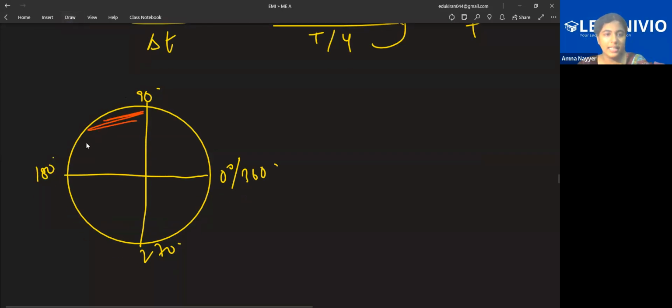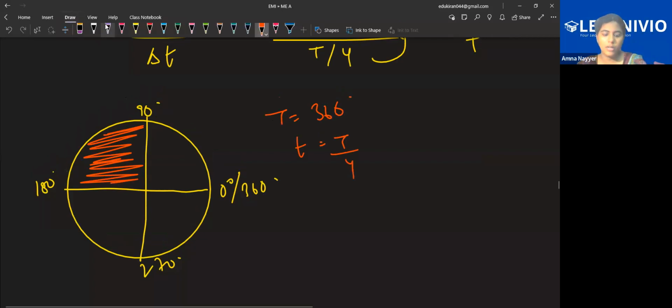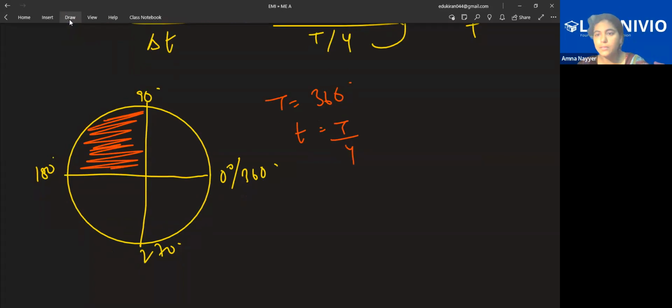Means 90 degree to 180 degree, this part. So again, we can say the total time period is 360 degree. So here the time period is 2T by 4, same question. Okay. Now when we are calculating this,